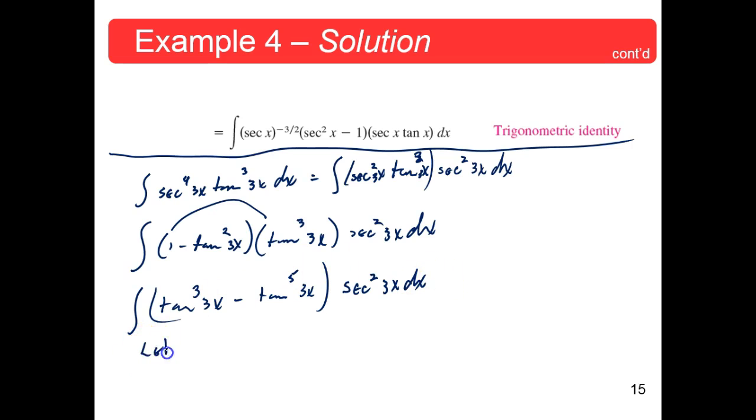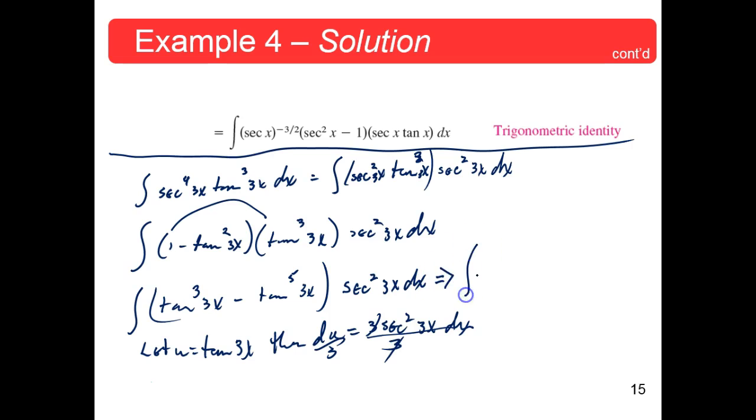Let u equal tangent 3x. Then du is equal to secant squared 3x dx times 3. And then to get rid of the 3, we'll divide that out. Okay. And now our integral in terms of u will be the integral of